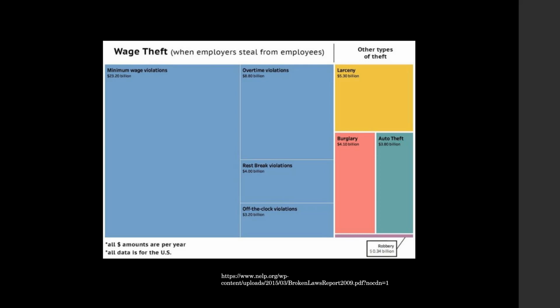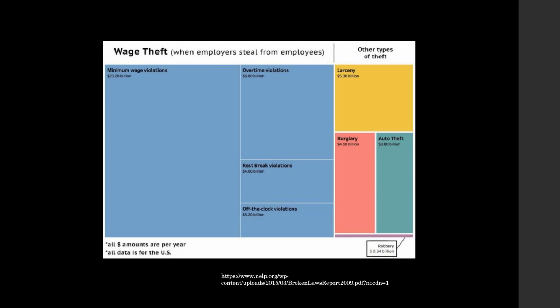Now let's compare that to the other side of this chart, the blue side. These are cases where an employer steals from his employees. He might be required to pay minimum wage and he doesn't. He might be required to pay overtime and he doesn't. He might be required to give you rest breaks or a lunch break and he doesn't. Or he might require you to work off the clock. If we took the minimum wage violations, where you should have gotten minimum wage and you didn't, and compared that biggest blue block to the smallest block of robbery,